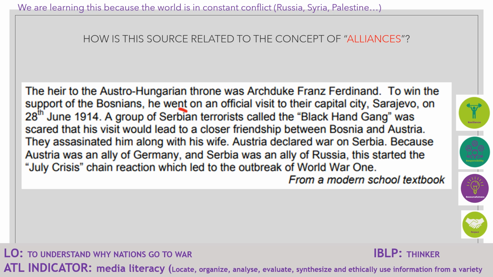Yeah, so we are going to make reference to one of the key terms mentioned before, alliances. So there's a nice link with the previous activity, and I want them to read the source and tell me just how this source is related to one of the concepts that we used. Okay, in this case, one of the key terms was alliances. So I give them a couple of minutes to read, and lots of collaboration, because this also happens in groups,